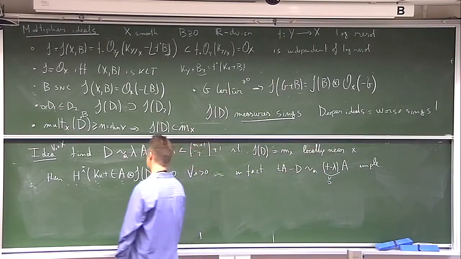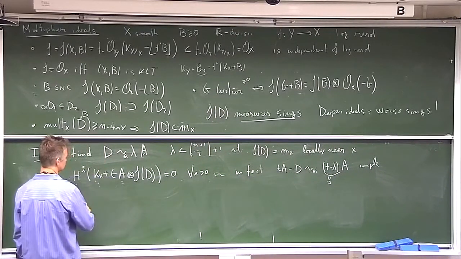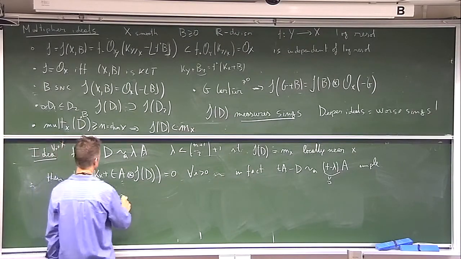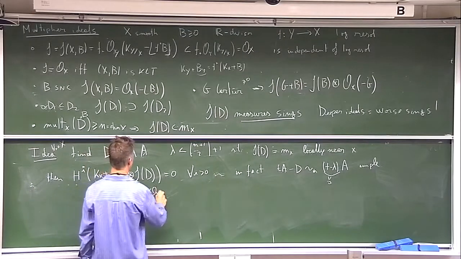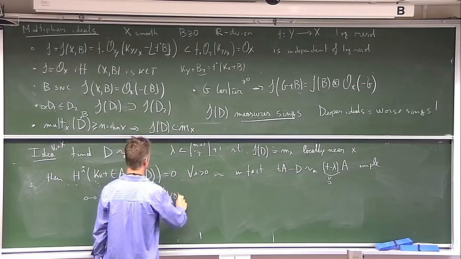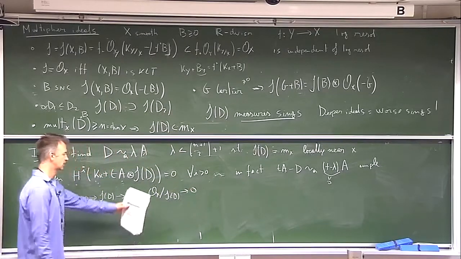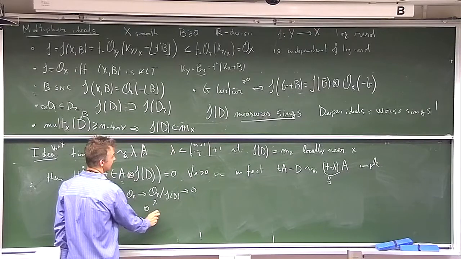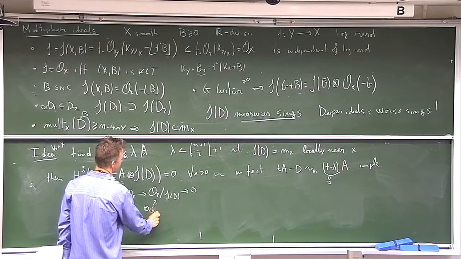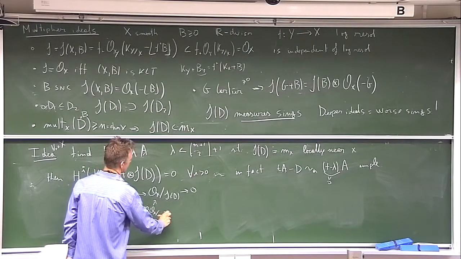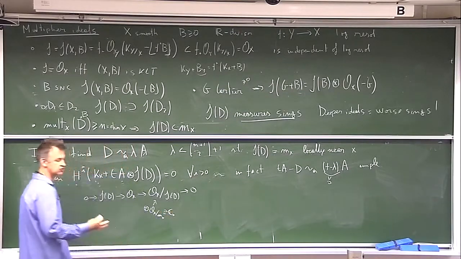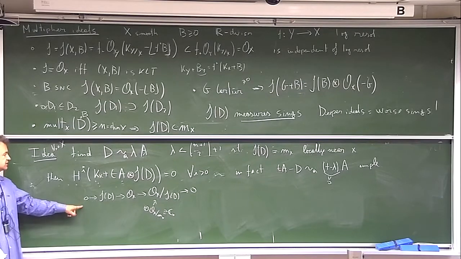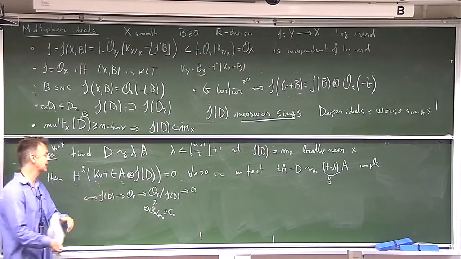Then this means, by the corresponding short exact sequence, so we have the short exact sequence, I of D goes to O of X, goes to O of X mod I of D, goes to 0. A summand of this thing here, a summand is O of X modulo maximal ideal. Let me call this the skyscraper sheaf at the point x. So I take this short exact sequence, I tensor it by Kx plus Ta. So what I'm getting is that